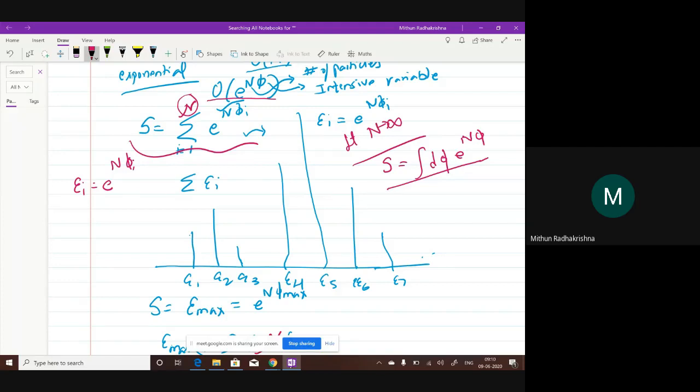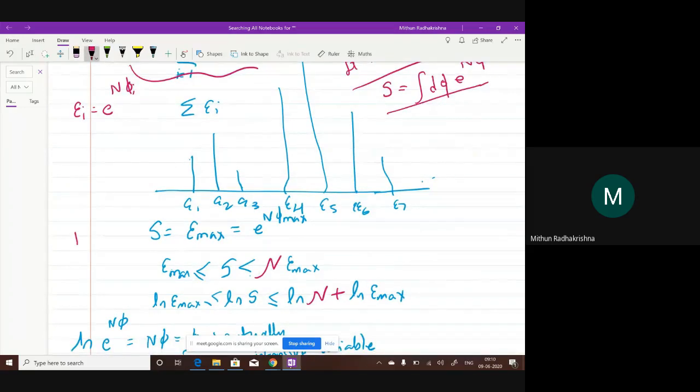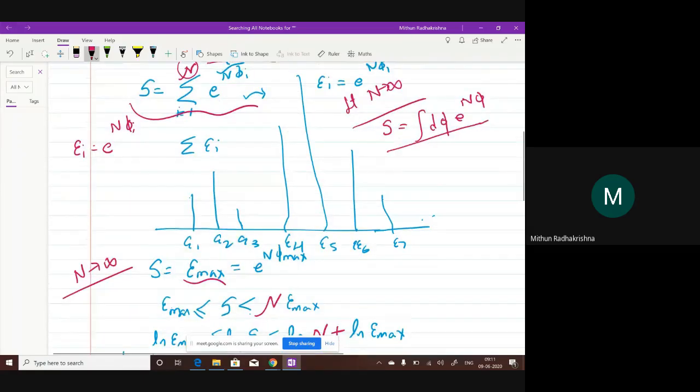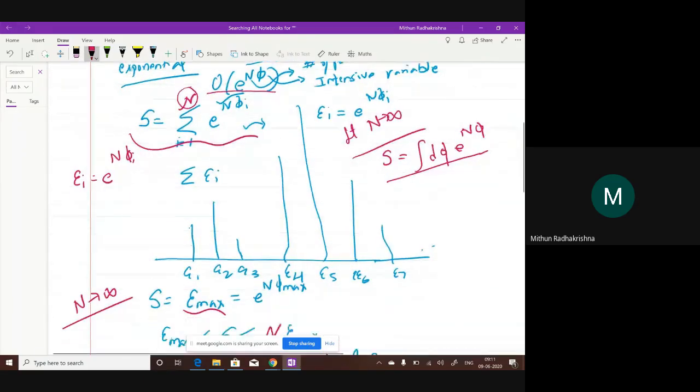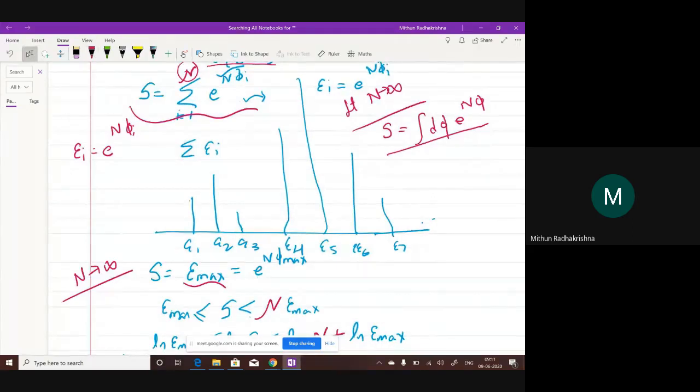Once this is done, I can plot for all the terms that I have: epsilon 1, epsilon 2, epsilon 3, then epsilon 4 is larger than this, epsilon 5 is the largest, then epsilon 6, etc. So what this theorem says is, in the limit as n tends to infinity, my sum approaches the maximum value of this sum. What does that mean? Instead of calculating for each of the i's, I can calculate the value for the i where this is maximum, and it is equal to that.